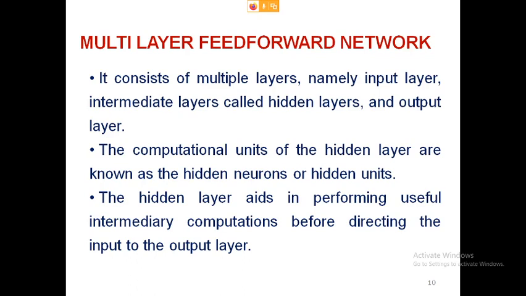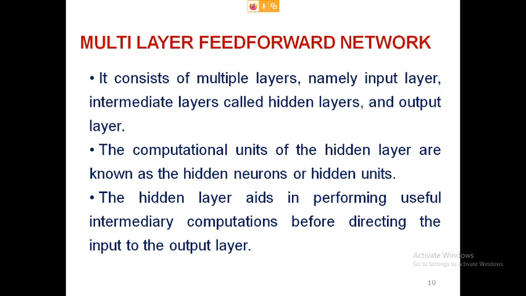The computational units of the hidden layer are known as hidden neurons or hidden units, like output neurons and input neurons. In a similar way to the input and output neurons, we have hidden neurons to do the computational task. The hidden layer aids in performing useful intermediary computations before directing the input to the output layer.